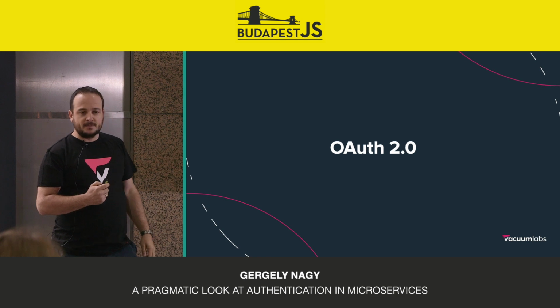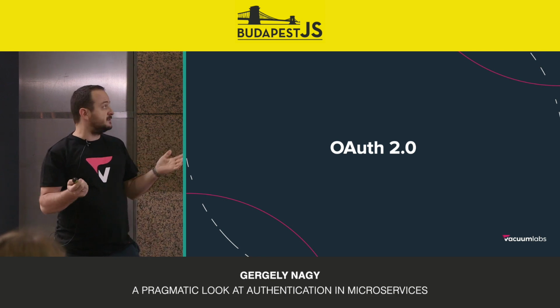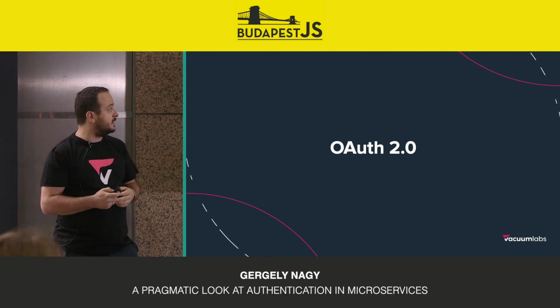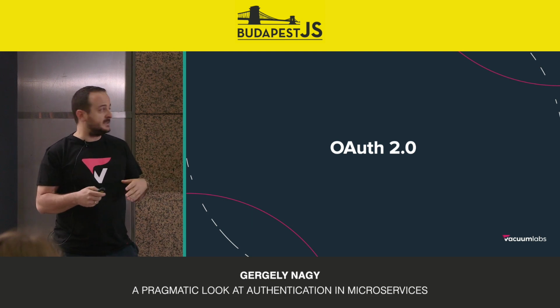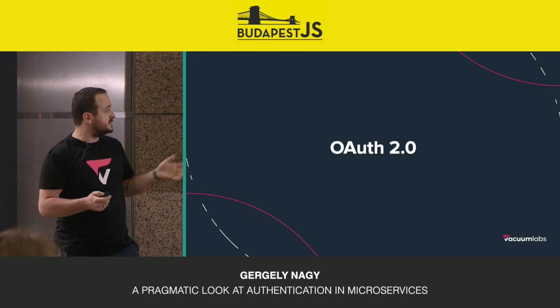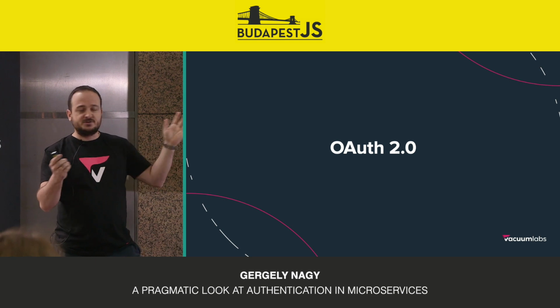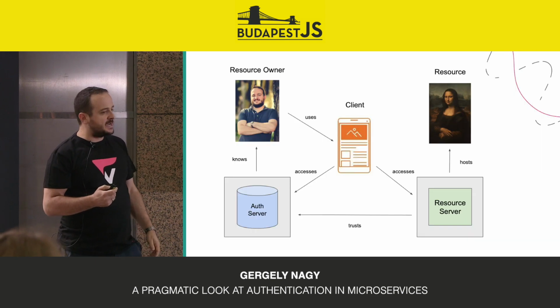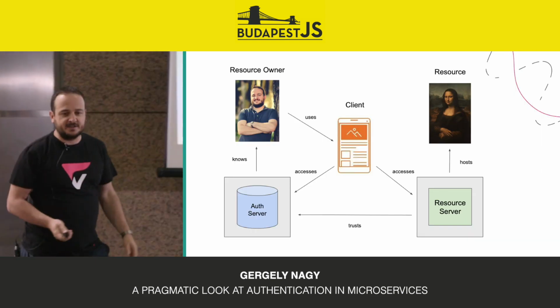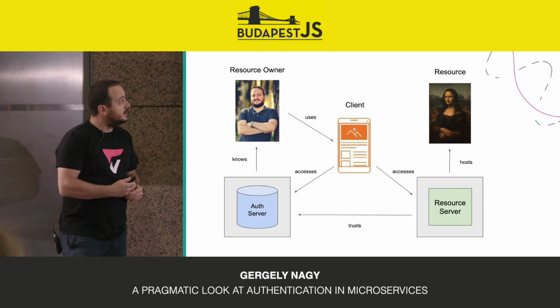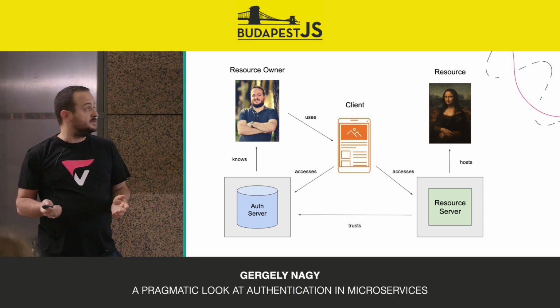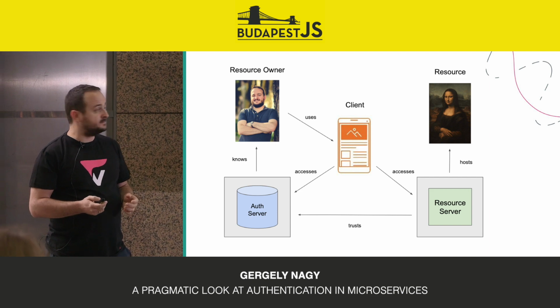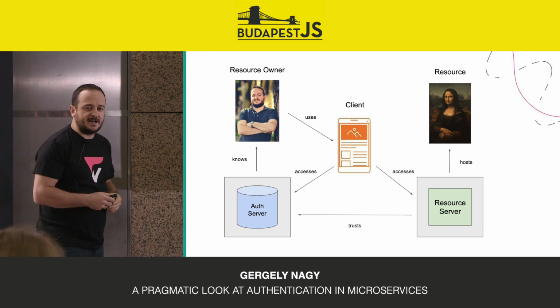So there is a standard. Actually, it's a set of standards, OAuth 2. There was OAuth 1 briefly, and then they made some breaking changes. So whenever you refer to OAuth, it's usually OAuth 2. And it kind of defines an architecture and gives you some predefined ways how to do authentication. And it basically defines 5